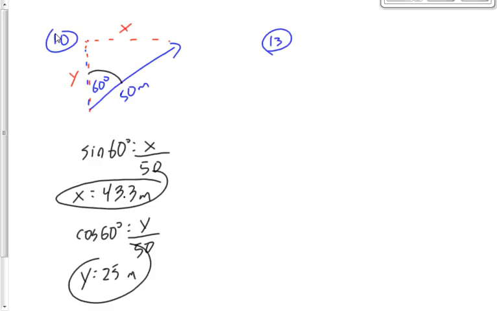13 had a vector that looked like this. We had 30 degrees labeled right here, and we had 80 meters. We want to complete that triangle. Draw a triangle around that. Label this as X and label this as Y. Tell me, please, which side of this triangle is X component? Is it opposite or adjacent? Elena? Good. So if it's adjacent and we have hypotenuse, let's use, good, cosine 30 degrees is equal to adjacent